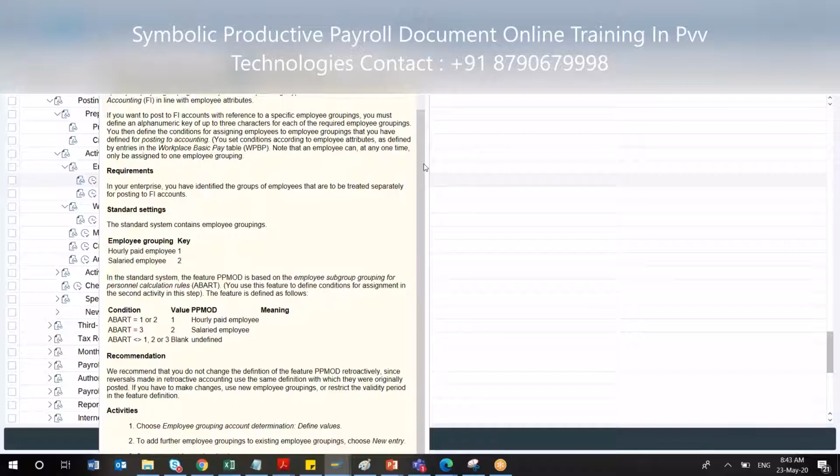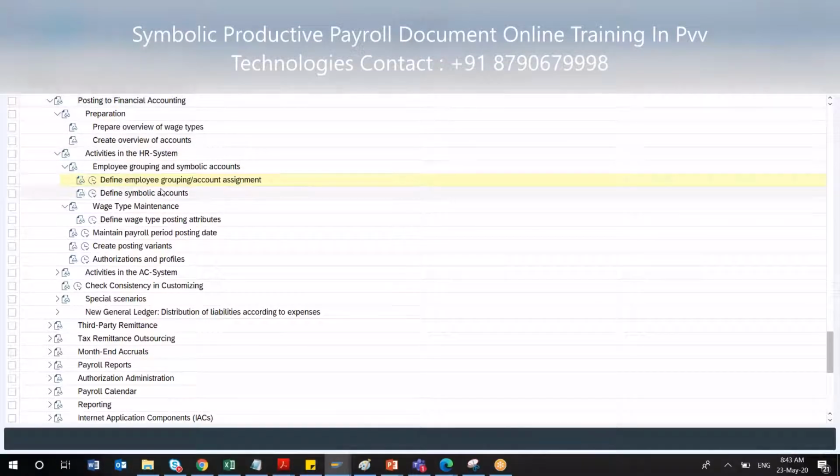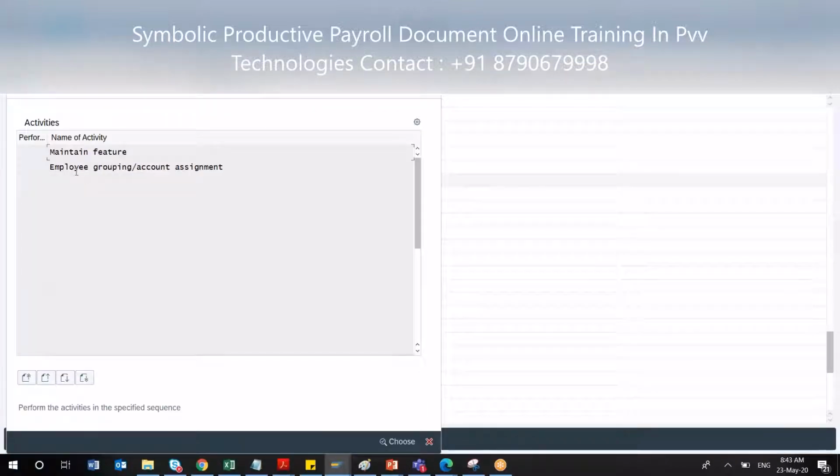Exactly, that's what I don't understand. Is there a requirement in finance that certain posting configuration is always along personnel, I mean, employee grouping? There is no alignment as such. You can define it here.